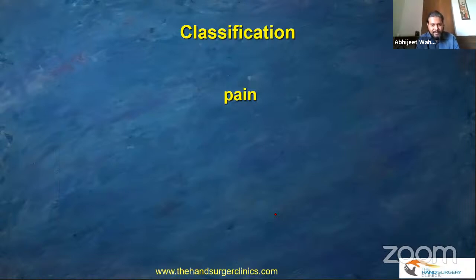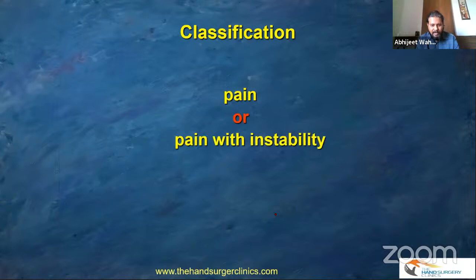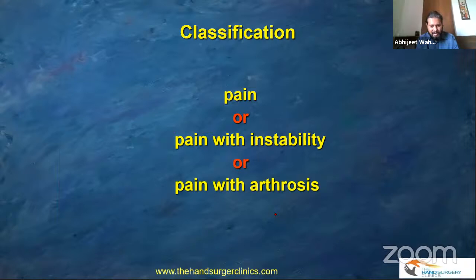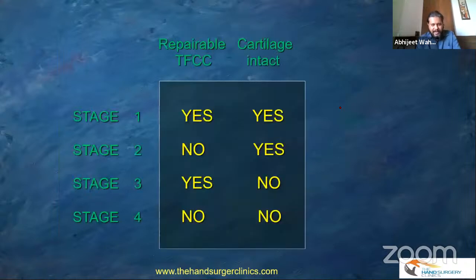And this was something that was propagated by Dr. Dick Berger from Mayo Clinic. And he described the ulnar-sided wrist pain as those patients who present to you with pain, or a cohort of patients that would present to you with pain and instability, or pain with arthrosis. So this rather simplistic classification is pretty useful in determining how you would go about dealing with these patients, and we'll understand in a little bit. But before we do that, here is another